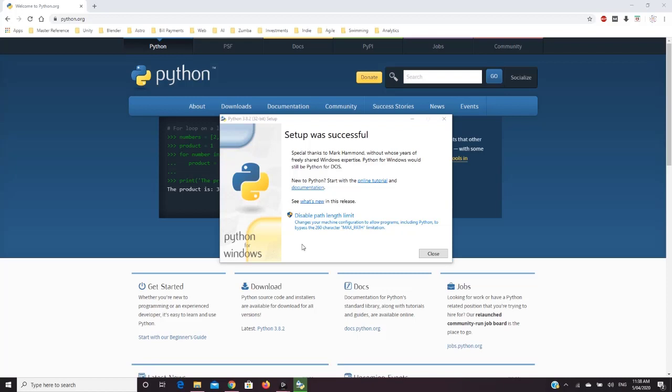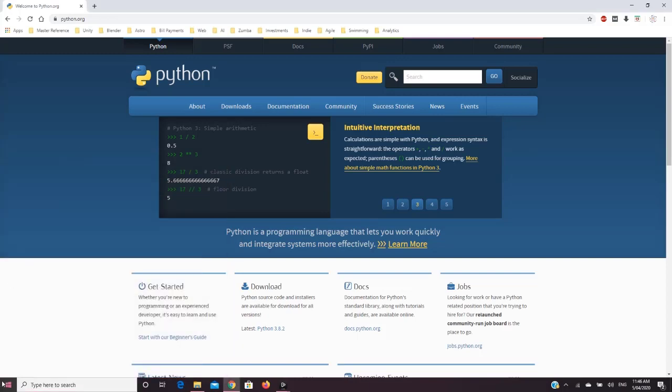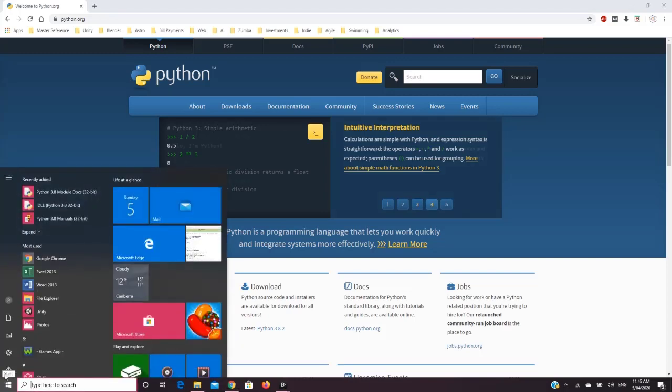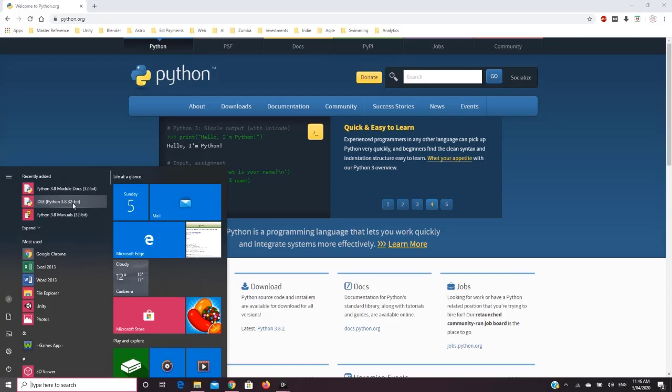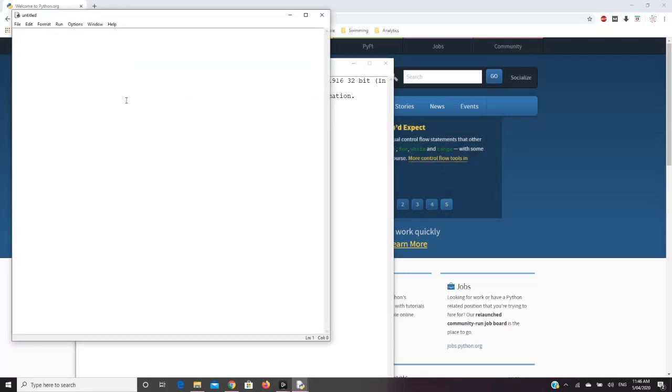So the setup is done and I'm typing Windows and selecting IDLE. IDLE is the Python shell that comes along with this package, and you can see it's showing the version of Python as Python 3.8.2. I have selected file and then a new file. I am typing the hello world line.